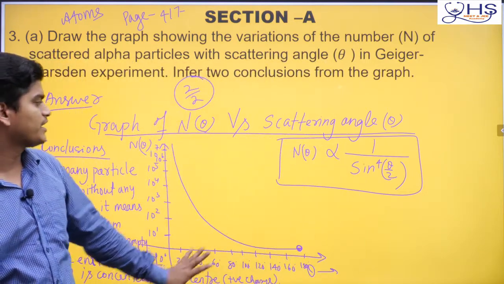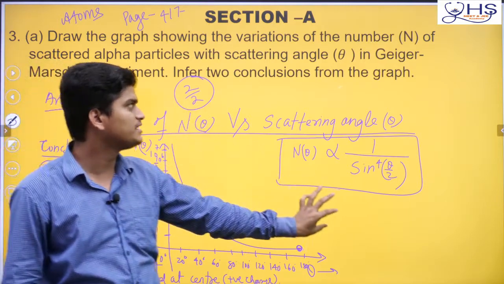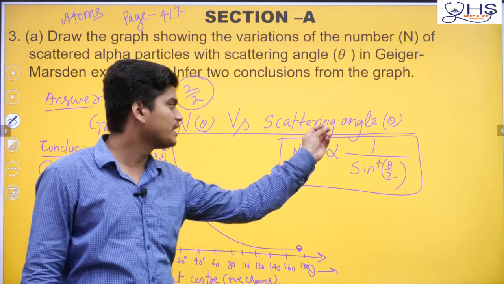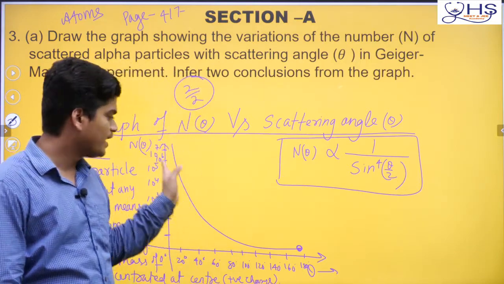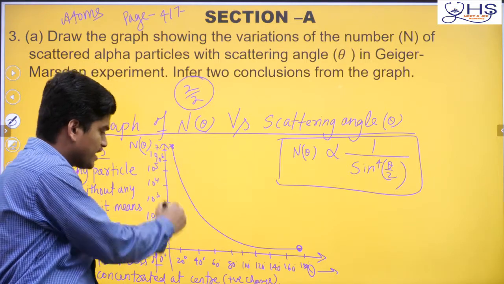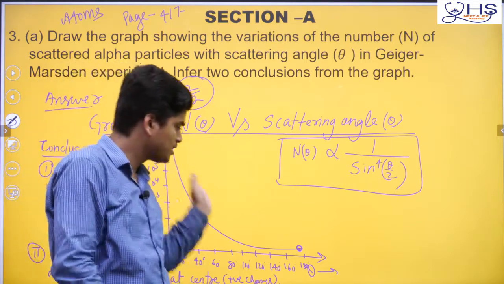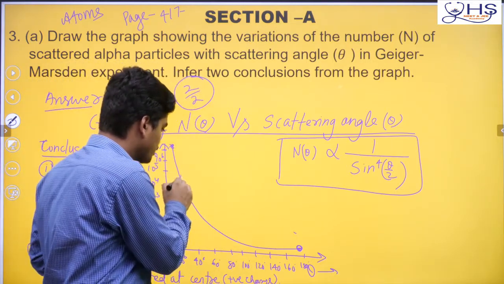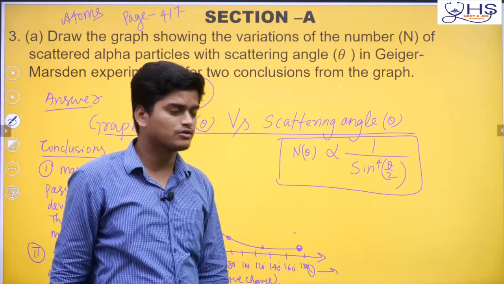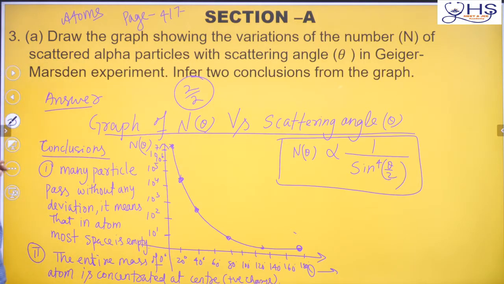If possible, write what is N theta. I did not write here. You write what is N theta, the number of scattered particles. Theta is the scattering angle. I wrote that. Okay, and you can write here, this graph is what? This is the point mentioning. Okay, at small theta angle, more number of particles. So you can give some points also. Okay, what this dot tells, what this solid line tells, that also you can say a little. Okay, now next we will go to the OR question.